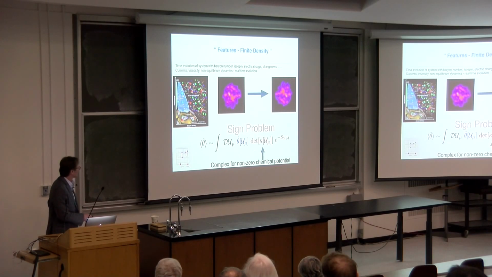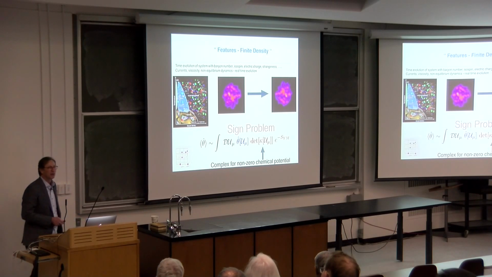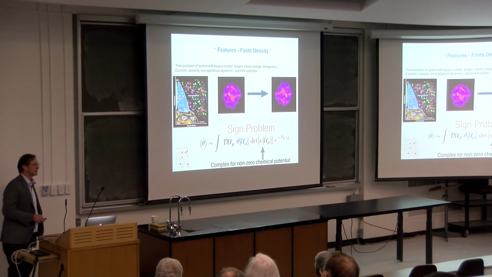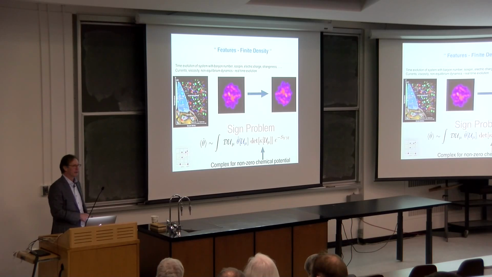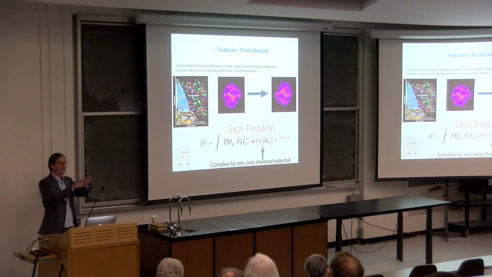There are various elements to this computation that have different amounts of difficulty to perform computationally, but the one thing that causes the problem for classical computation is called the sign problem. There's a determinant that sits here, and this determinant at zero density is a real number, so one can treat this as a probability distribution. But at non-zero chemical potential and non-zero baryon number, finite density, this picks up a complex phase, which averages to zero, but under statistical sampling, when the average value of that phase starts wrapping around the circle,